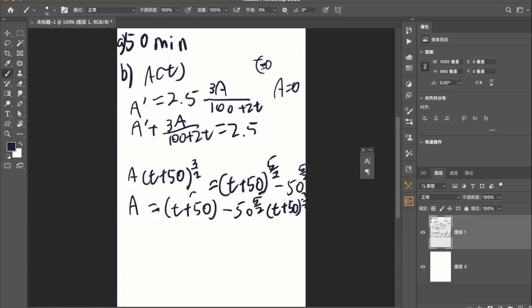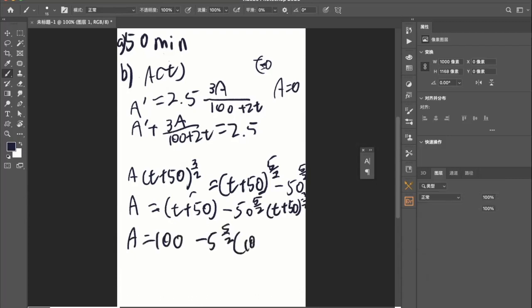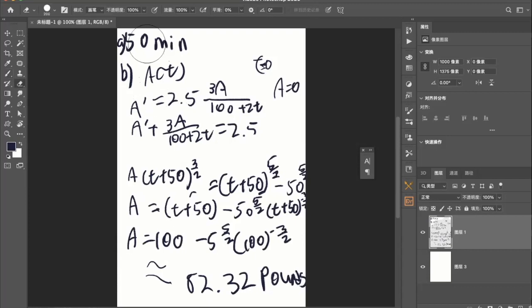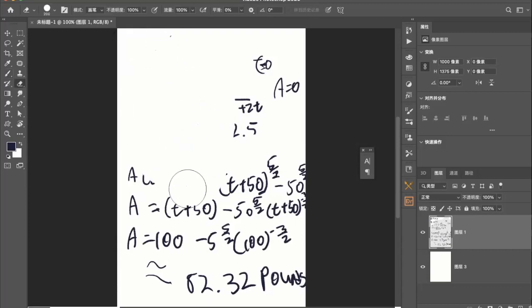And now at t equals 15, what would this be? The calculator said it's about 2.32 pounds. So that's our answer for B. Now,